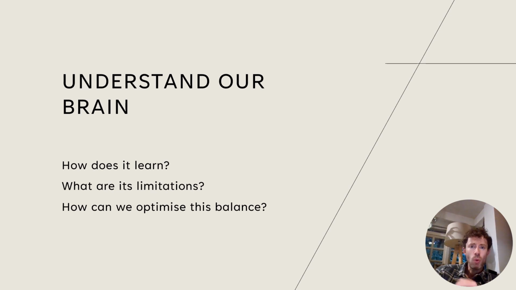And so that's what we want to do. We want to use this definition to try and start to understand our brains now, and understand how does it learn? How can it best achieve those learning goals that we've set in our definition? What are its limitations? Are there any? I think there are definitely some limitations, but we'll be surprised at the power of our brain for learning. And I think we want to know where the boundaries are, but know what we can really achieve. And we're going to strike that balance. We want to say, how can we learn most effectively while staying within the confines of what is optimal for us? And that is a focus of the next lessons.